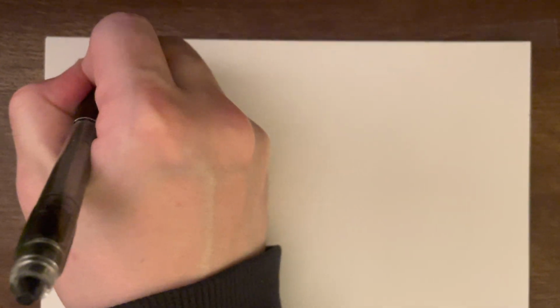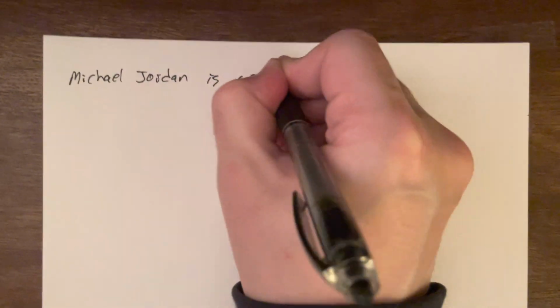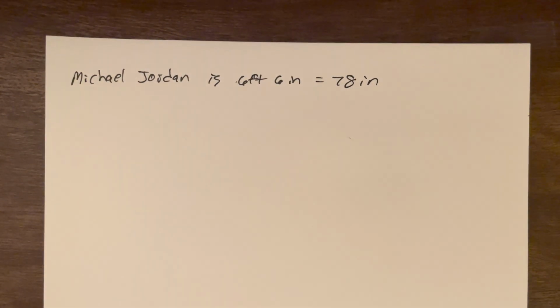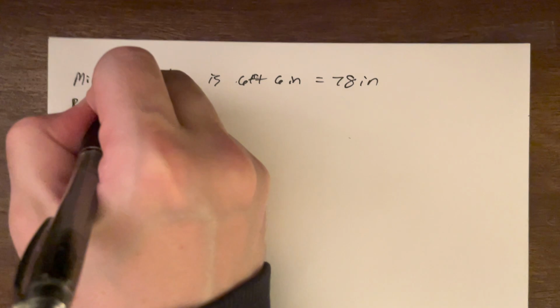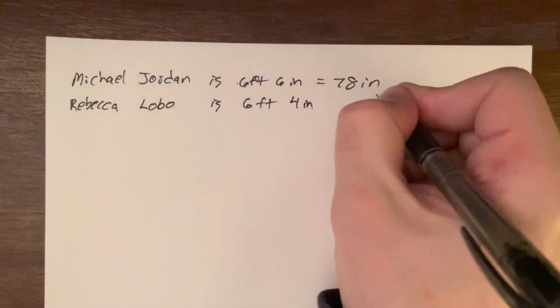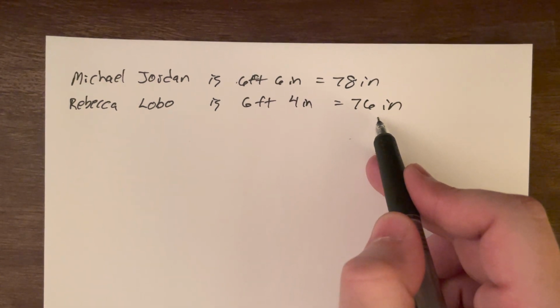Okay, last piece here. Again, pretty lengthy video here, but the very, very last piece. Let's see how we can use this for comparisons. So let's do a quick little height comparison. Michael Jordan is 6 feet 6 inches tall, which, just to keep it in inches, is 78 inches tall. Rebecca Lobo is 6 feet 4 inches tall. So just directly looking, Michael Jordan is clearly taller than Rebecca Lobo.